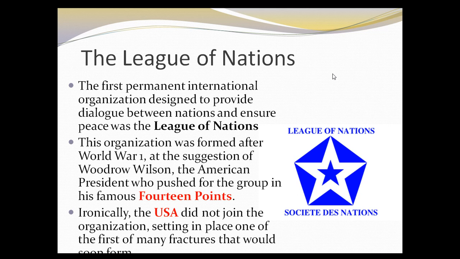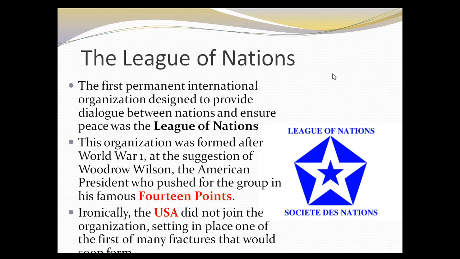Woodrow Wilson had been, for many years, to a certain extent, a pacifist. He was horrified by what had happened in World War One, and at the end of the war, he penned a very famous document called the 14 Points, where he made a number of recommendations for how Europe and really the whole world should come together and try to prevent war in the future. One of the suggestions was that they would set up a government-like body, and that government-like body would oversee conversations between different countries and provide for collective security.